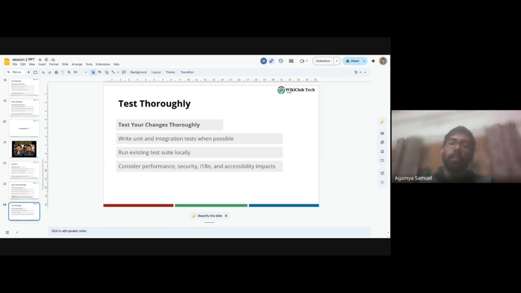The CI part takes care of the unit test cases. So it's a good habit: once you make changes to the code, run the tests. All the repositories on MediaWiki have a test suite, which you should execute before submitting the code. Because if you don't run the tests locally,